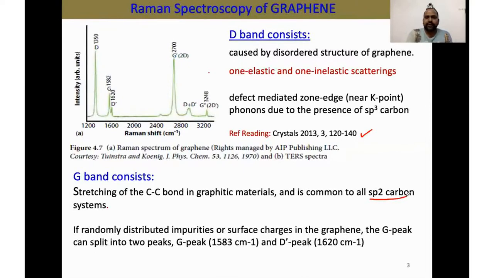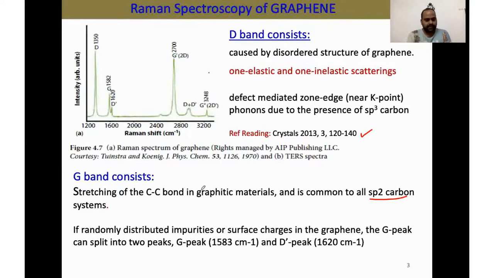right? So if you have pure graphene, then there should be a very intense G band peak. Why? Because your graphene has a lateral sp2 hybrid system, nothing in the Z direction, and if there is no defect, then there should be a very strong G peak in the system. So by doing this Raman analysis, by analyzing D peak and G peak, we can get one idea about the